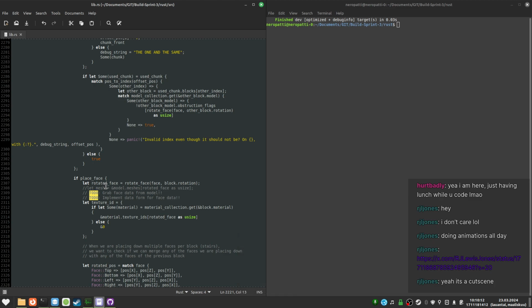How am I gonna do this 3D meshing stuff? Because I don't want to compare every single